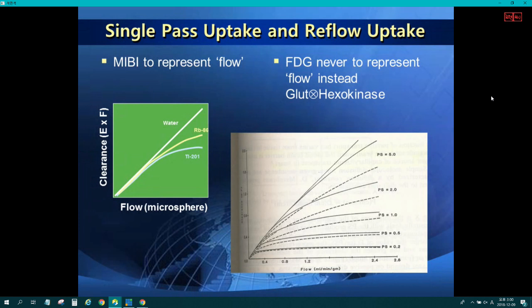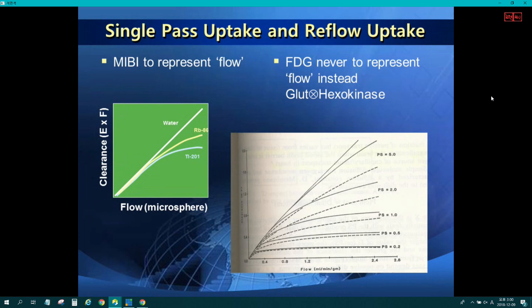So there was a single pass extraction fraction based on the Renkin-Crone model. They are using that term, our physicist colleagues. So from that point we don't understand. Please don't use the name. Please say it's extraction. Flow is there, and extraction is going through.